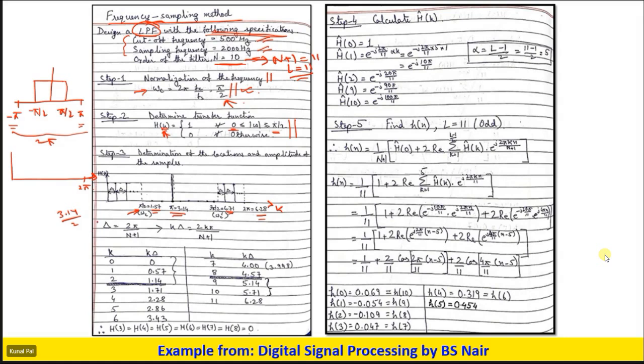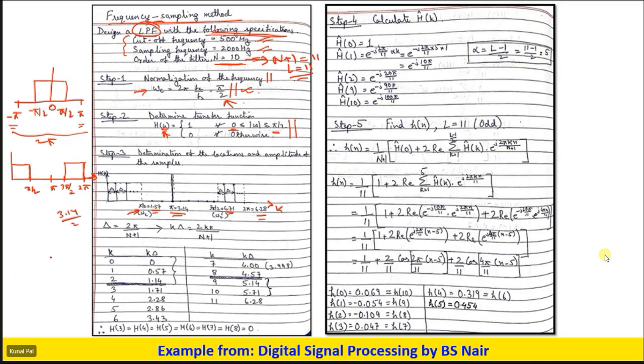Now we have to break this frequency part. So we have seen that we have pi by 2, then pi, then 3 pi by 2. Why is this important? This is important because from 0 to pi by 2 we have the passband, and this passband will repeat itself in the region from 3 pi by 2 to 2 pi. Okay. And I hope every one of you knows why it is so.